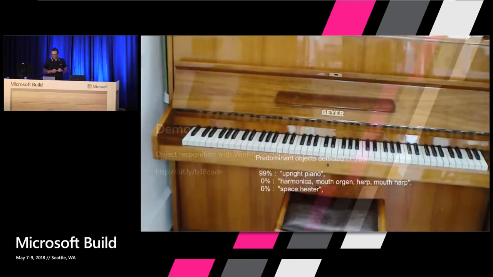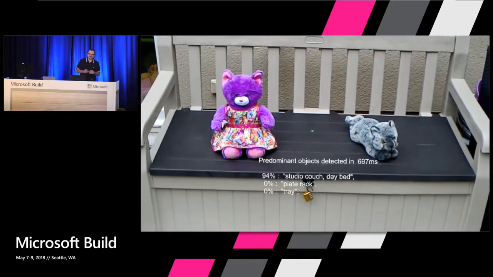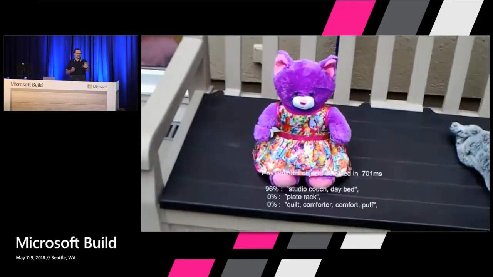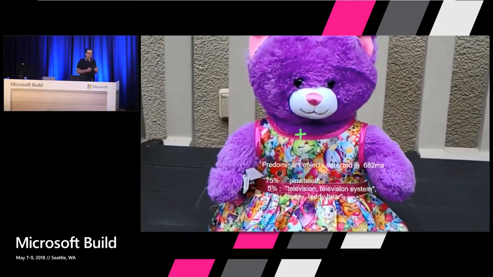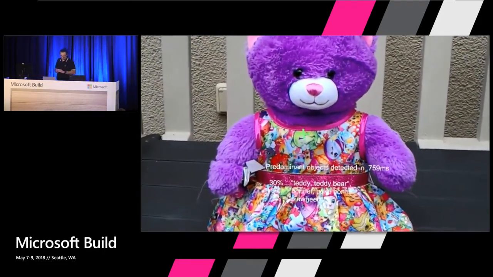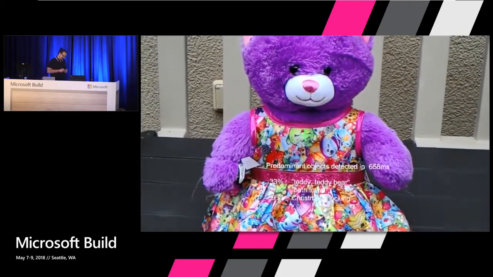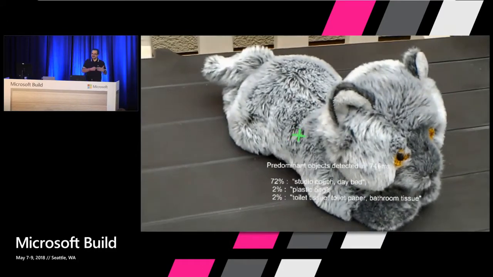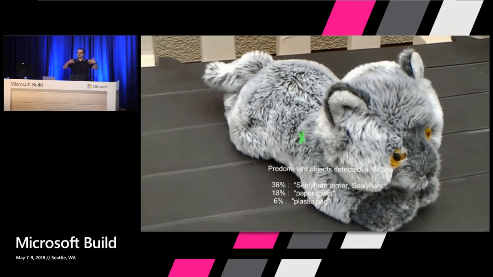All right, so let's take a look at the video here. I recorded that at home. I took some of the plush toys from my kids. "This is likely a studio couch, 2.5 meters in front of you." So don't tell my kids that I took those plush toys when they were in school. "This is likely a teddy, 73 centimeters in front of you." So it recognizes the object. We use spatial mapping to measure the distance to the object, right? And then we have a speech output.